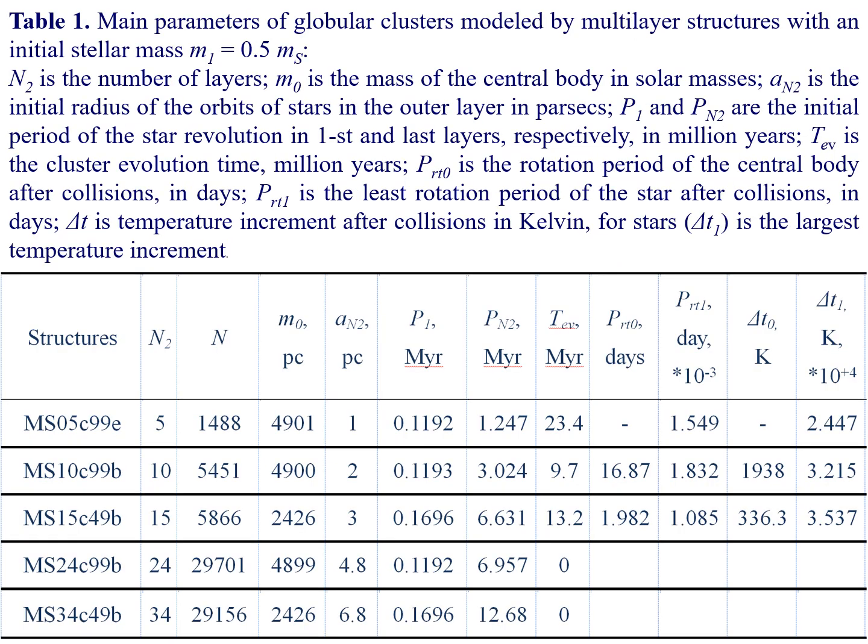The table lists the parameters of globular clusters which are modeled by the considered multilayer structures. The number of layers N2 varied from 5 to 34. The number of stars N in them varied from 1.5 thousand to 30,000. The initial outer radius of the globular cluster, A N2, varies from 1 to 6.8